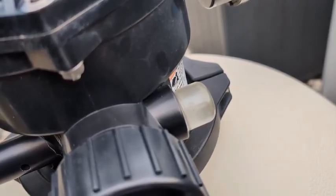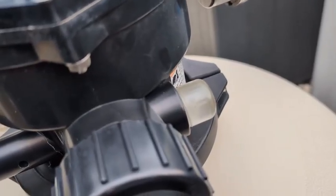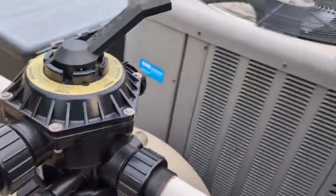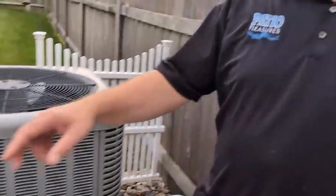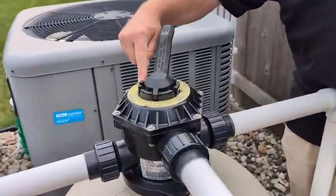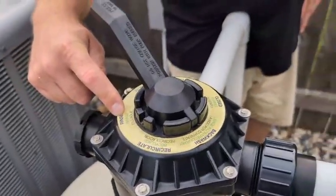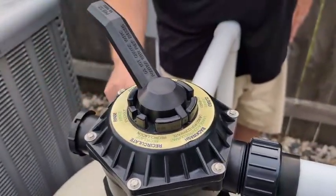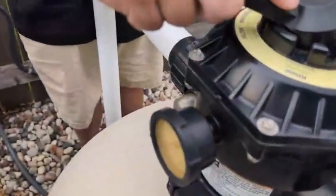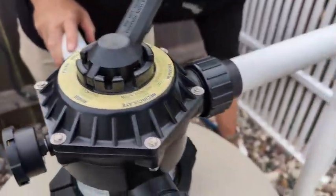Once that's done, you can see it starting to clear up as we go here. Then we'll shut off the filter, and we're going to go from the backwash position over to the rinse position. We're getting to the point where the sight glass is clear, so I'm going to shut it off. We're going to push down, turn the valve into the rinse position, and turn the pump back on,